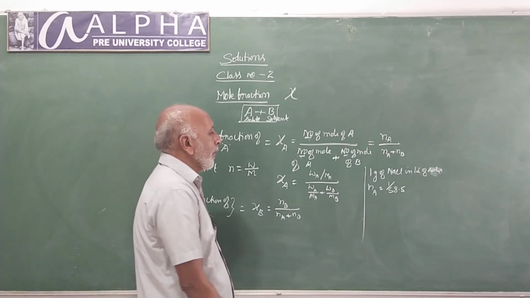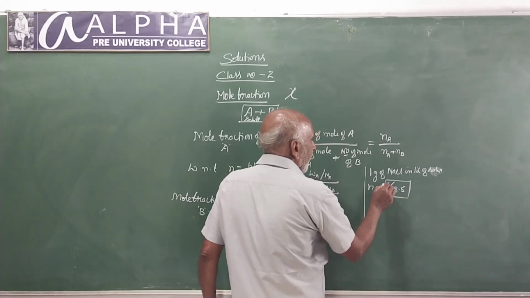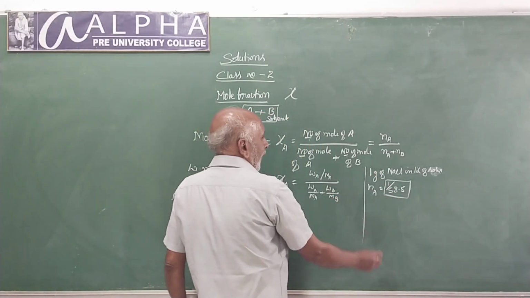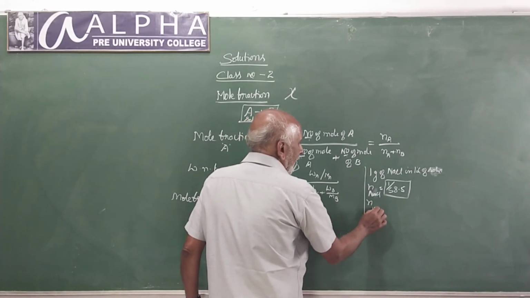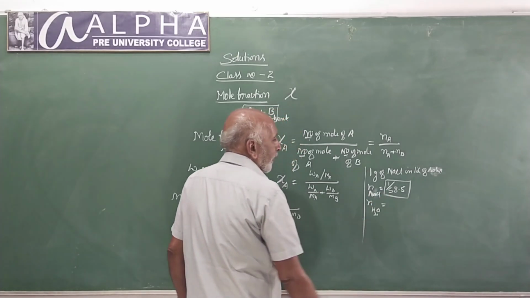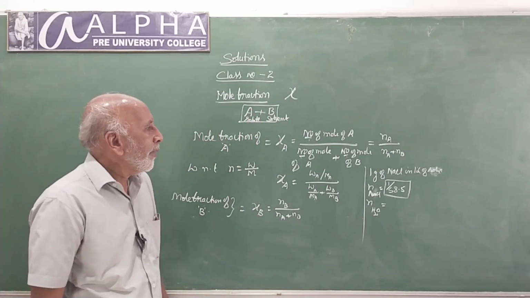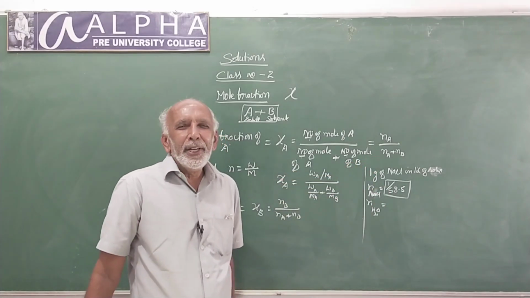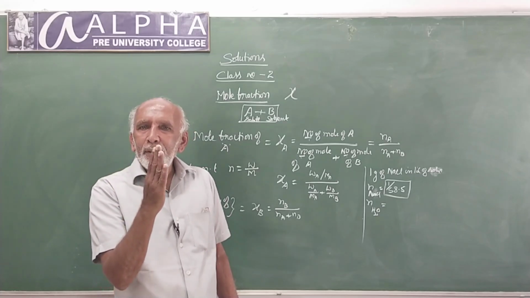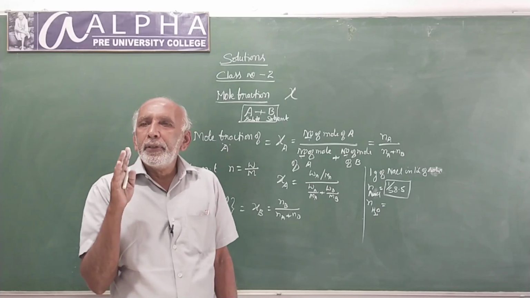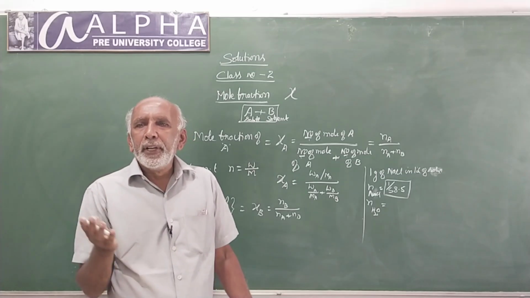58.5. This is the number of moles of sodium chloride in solution, that is N of NaCl. Similarly, calculate N, the number of moles of water. Here, mass of water: 1 liter solution means there may be 1 liter water. If you consider the density of water is 1, although actually at 25 degrees Celsius it is